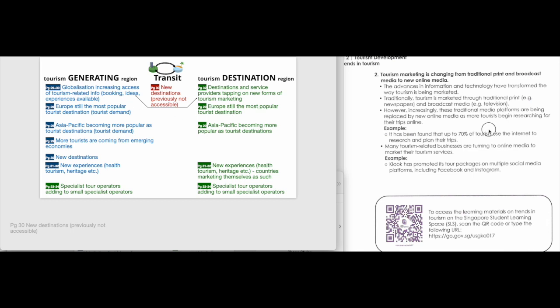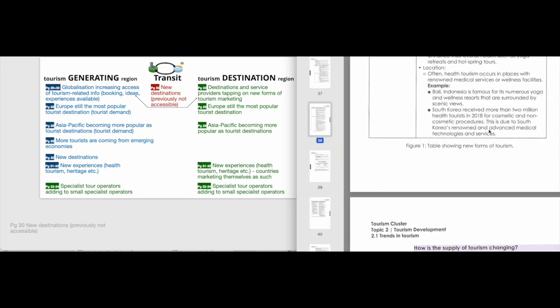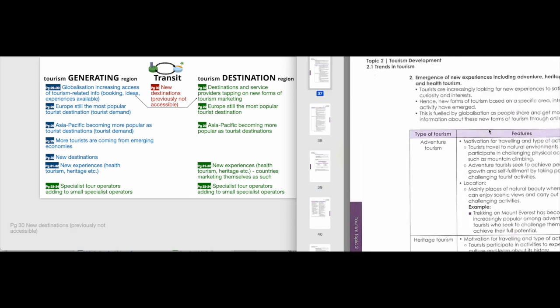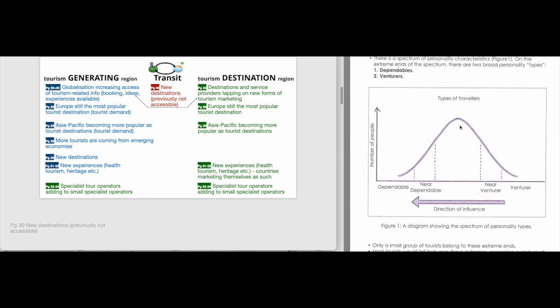Your textbook talks about demand changes, supply changes, and globalization causing changes. We can make sense of it according to our tourism system in 1.1. Now this is not the only way to classify. You can classify other ways as well. Here's the other way of looking at it. Let's link it to 1.2, our reasons for